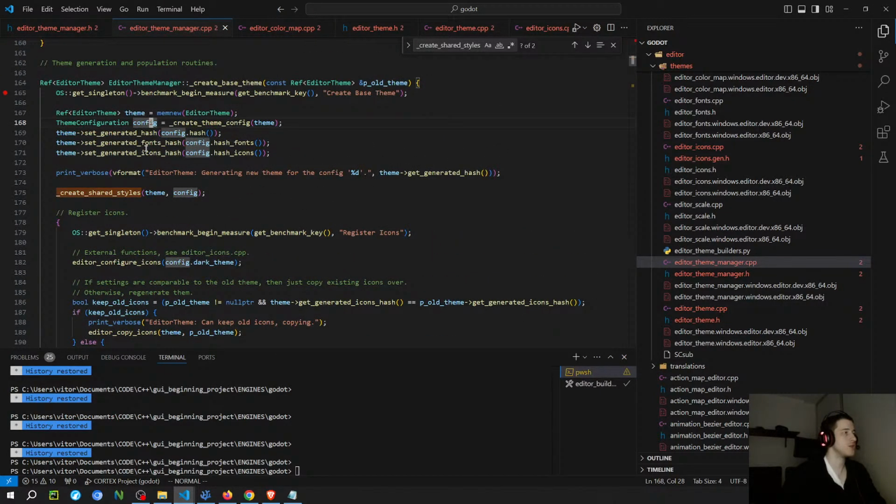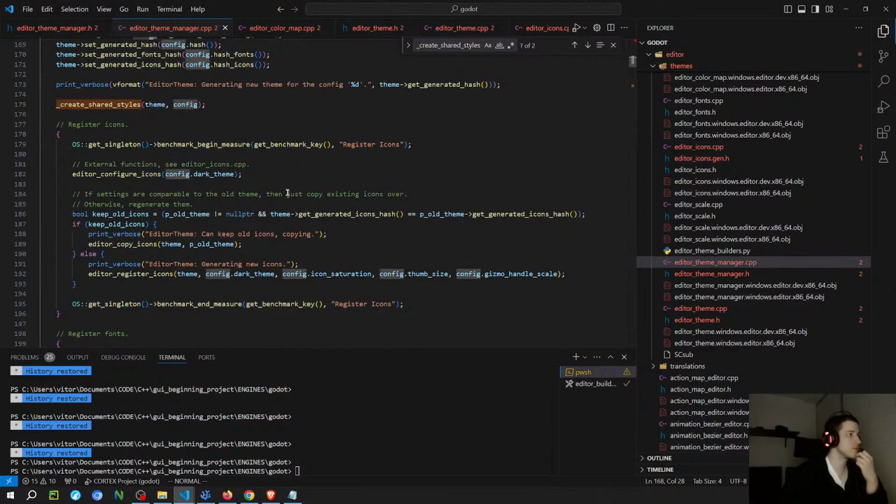I think they do this because of the editor settings, but it probably also helps on the control flow here. I mean,